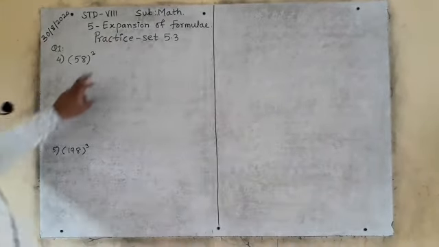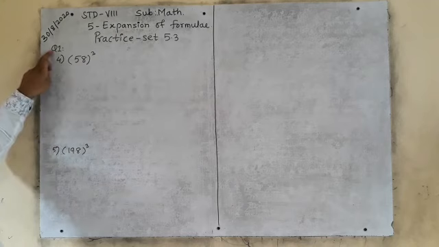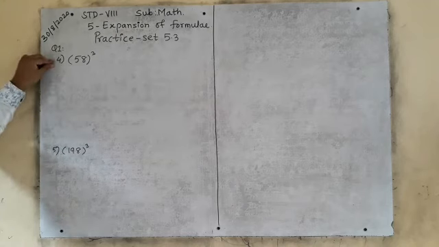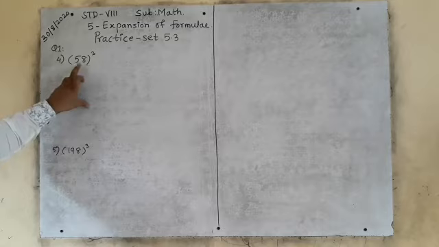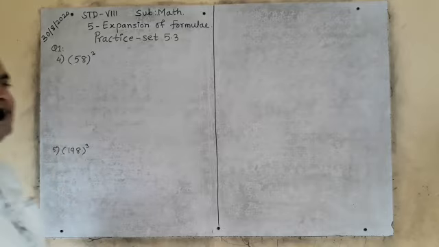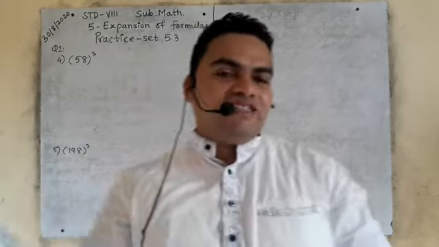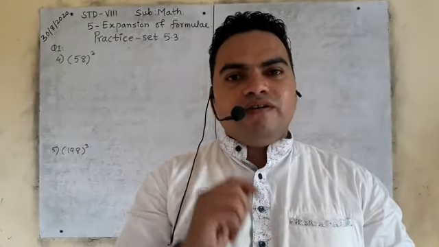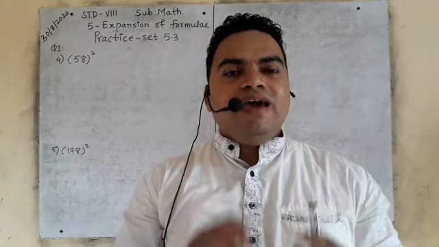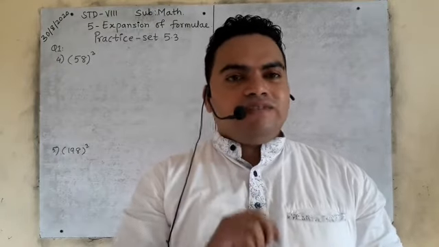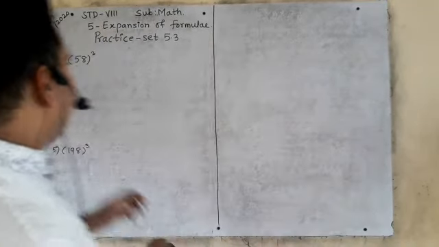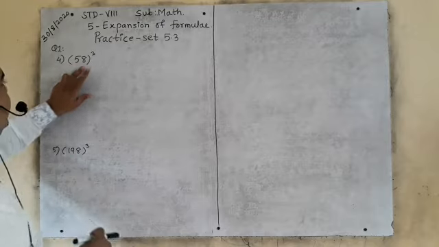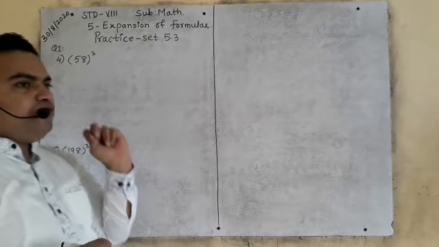Look at the board please. Practice set 5.3 question number 1. It's question number 4. Okay. So now see here it is 58 bracket cube. My dear students, like this question also we had solved in 5.2. 58 is a monomial term. Only one term is there. But we have solved before two terms, that is binomial terms. Look at here. First we have to convert this 58 into 2, that is binomial term.